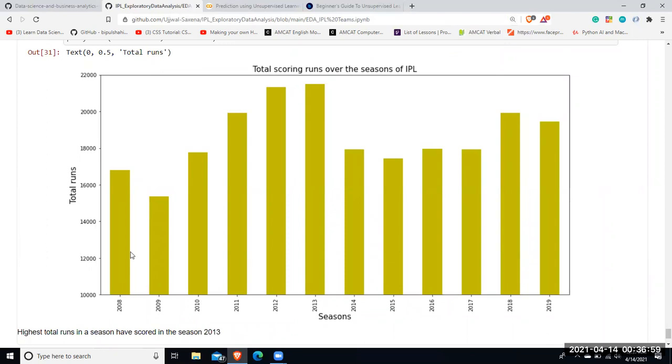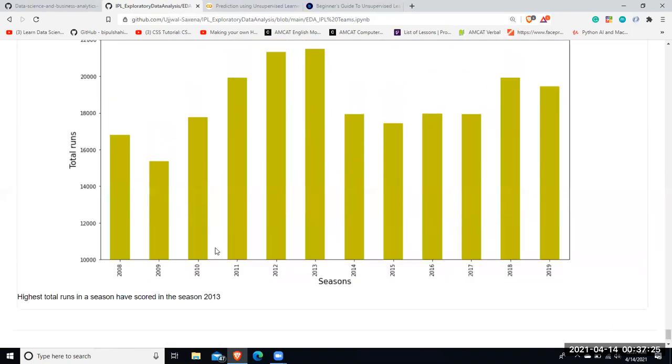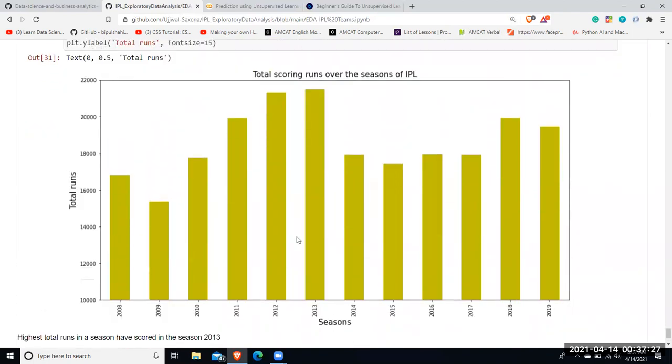In 2008 there were around 17,000, and then in 2009 there were around 150,000, and so on and so forth. So in 2012 and 2013 the maximum number of runs were scored in each season of IPL. All right. So the highest total runs in a season have been scored in season 2013.